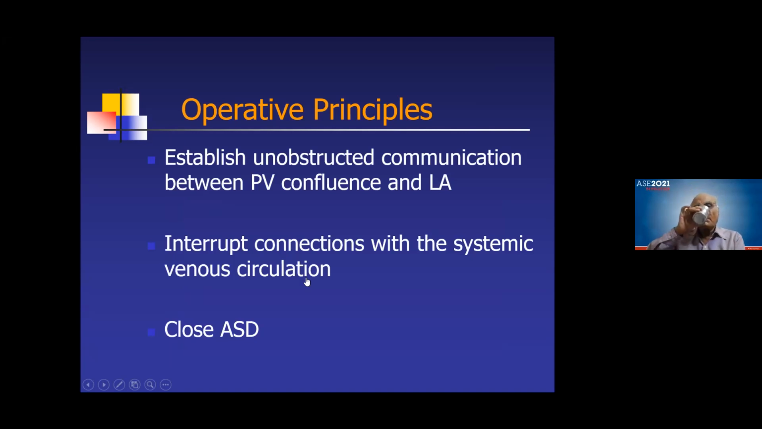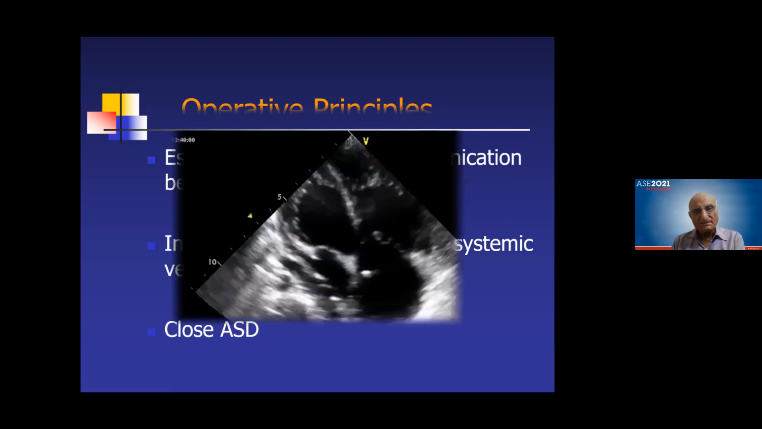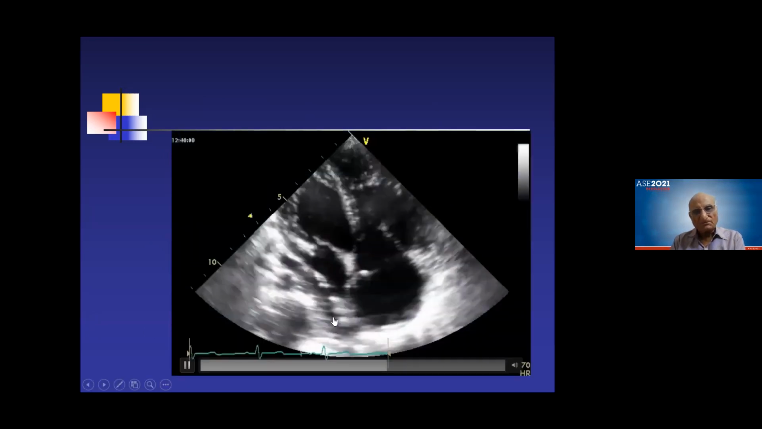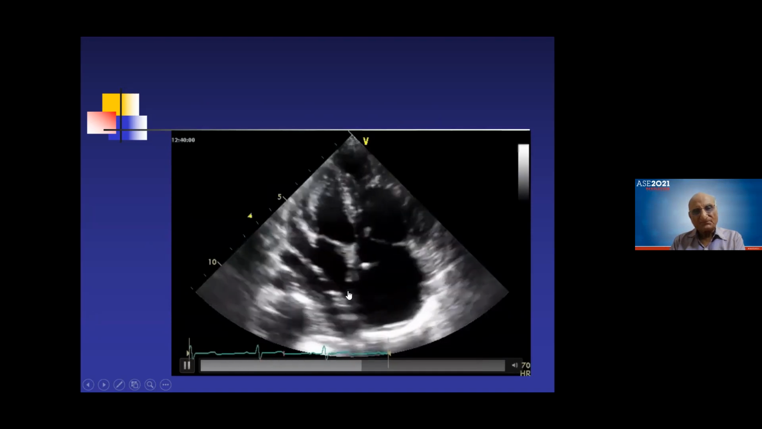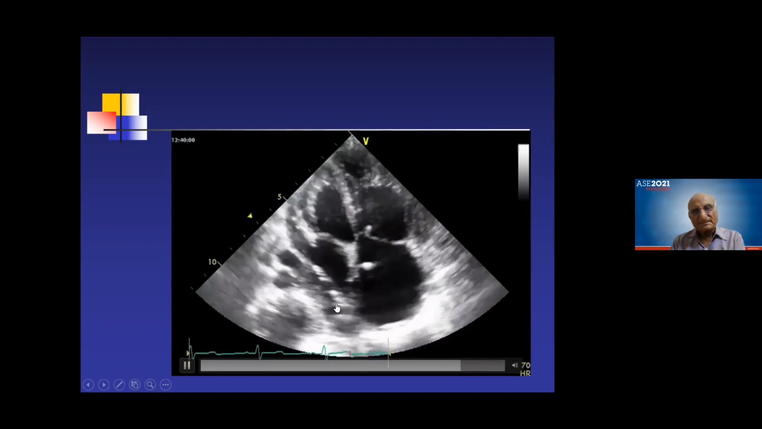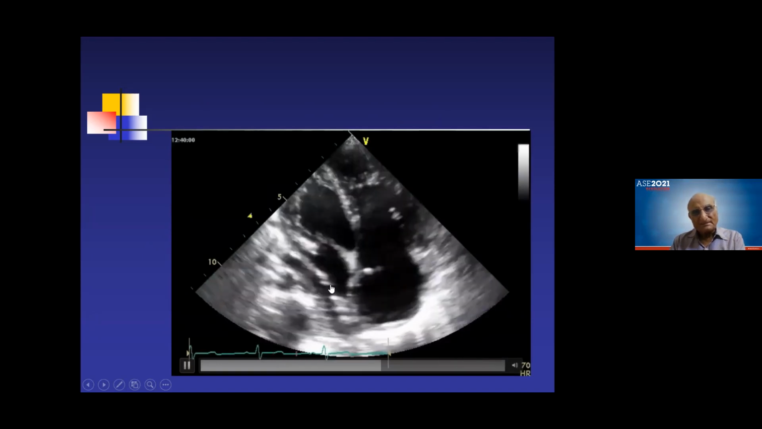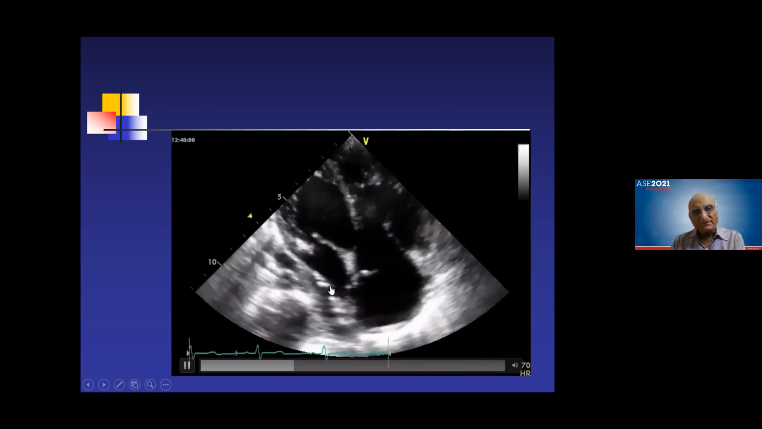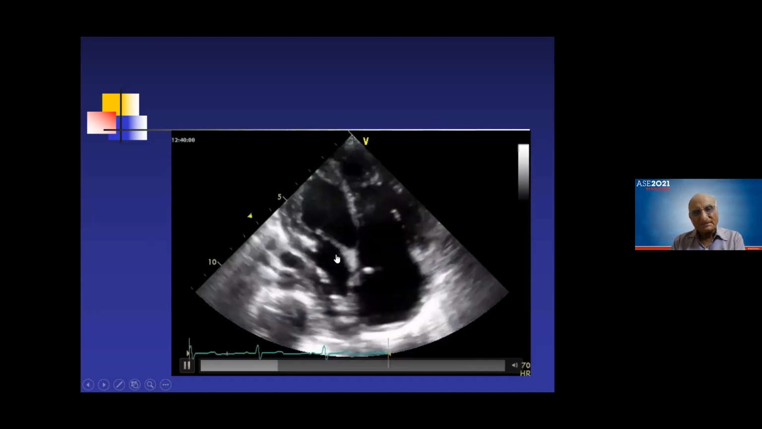Because the pulmonary veins are not connected to the LA, they try to create a communication between the PV confluence and the LA and close the ASD. For example, here. Now, can you see this? This is the venous confluence behind the left atrium, the ASD has been closed, and they have produced a communication between the venous confluence